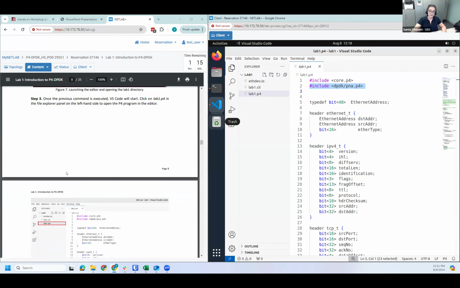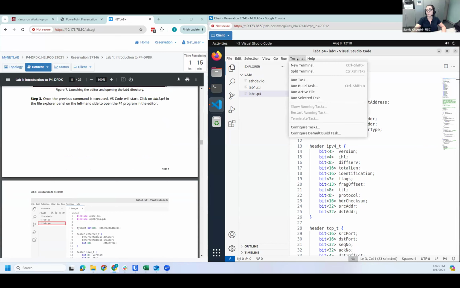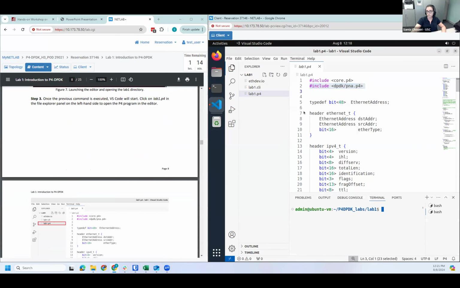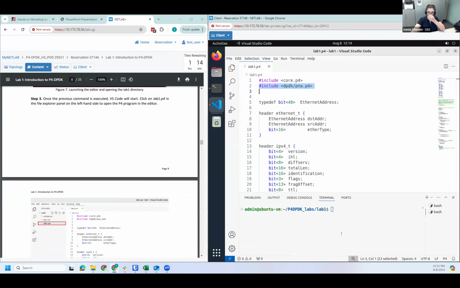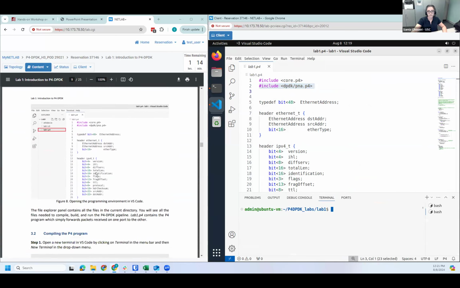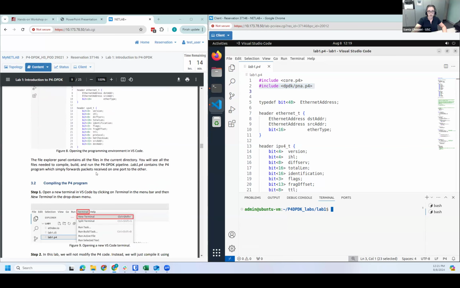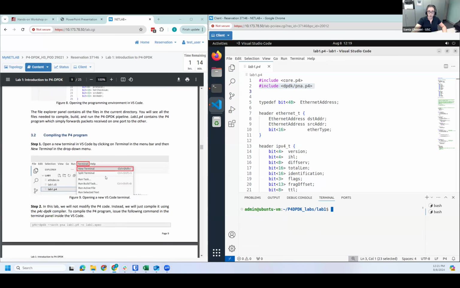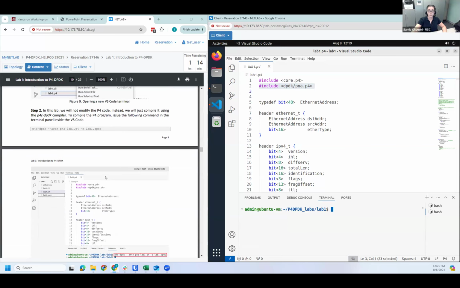So in step 3, we are going to open a new terminal by clicking terminal here in the menu bar, and then in the drop-down menu, new terminal. I'm just gonna close the Explorer tab, just for you to be able to see here what I am typing. Okay, so after the terminal is loaded, we are going to